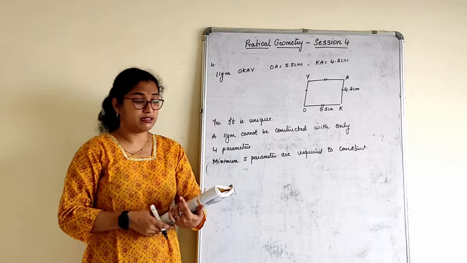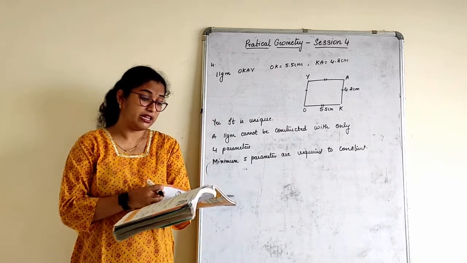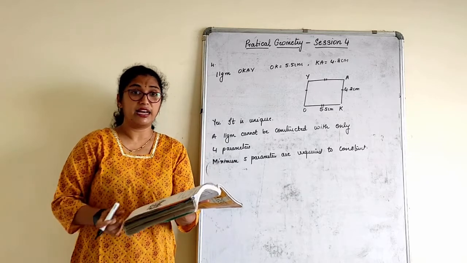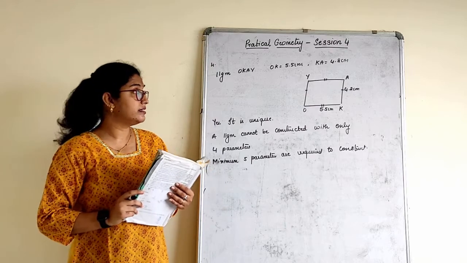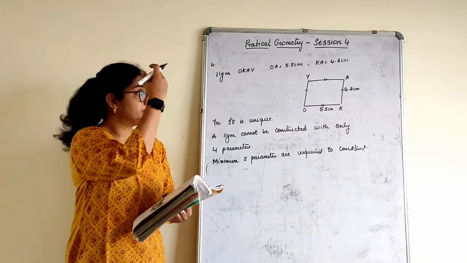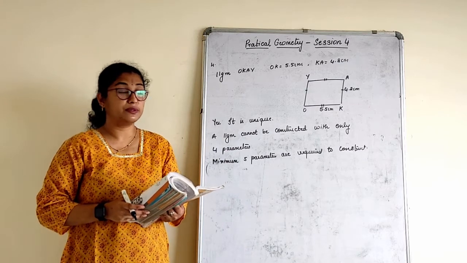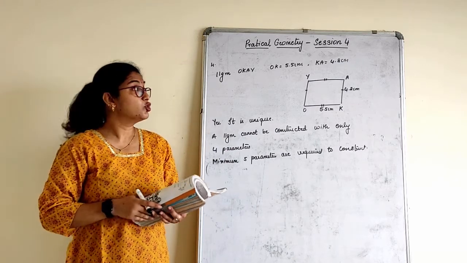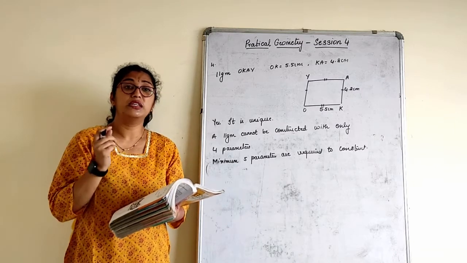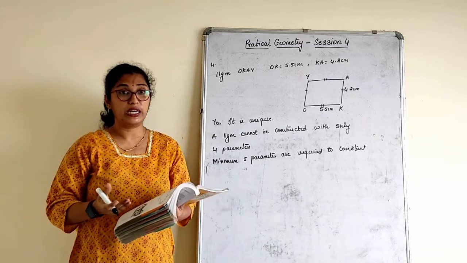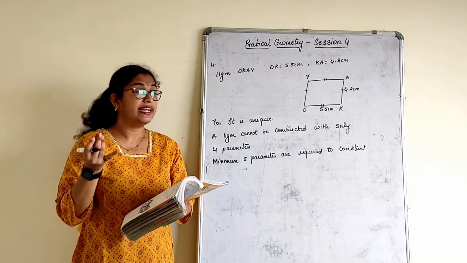We cannot construct it. There are some different types of worked examples also, children, where they have constructed the quadrilaterals. I want you all to go through that and solve that. Any doubt in understanding or constructing the different types of quadrilaterals, you can call and confirm once the video is sent to you. So with that we complete practical geometry, where we understood how to construct different types of quadrilaterals, that is quadrilateral, parallelogram, rhombus, square and rectangle.